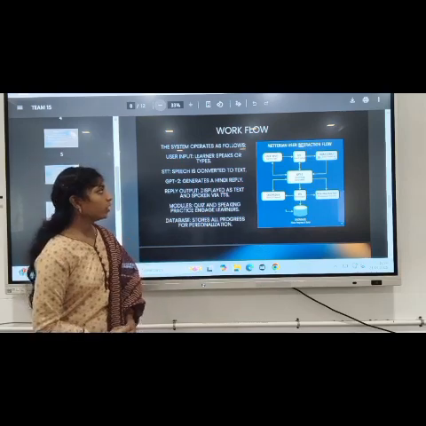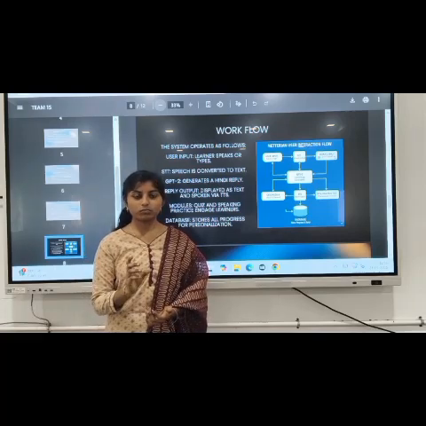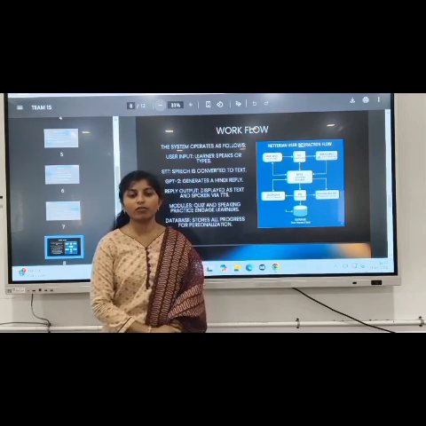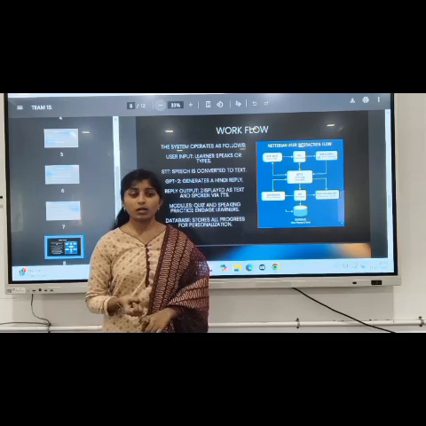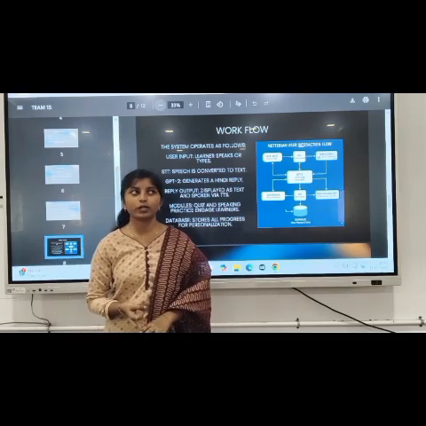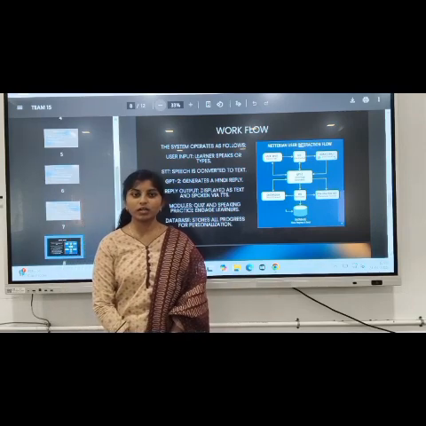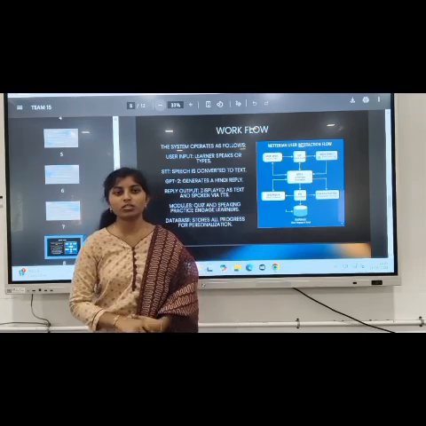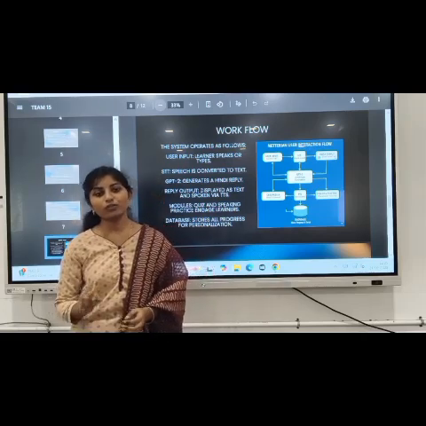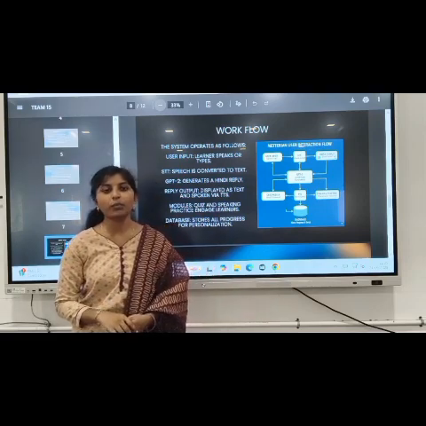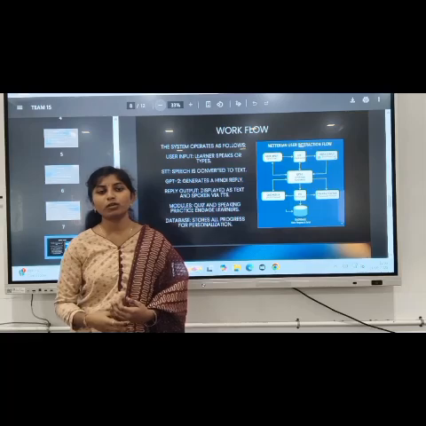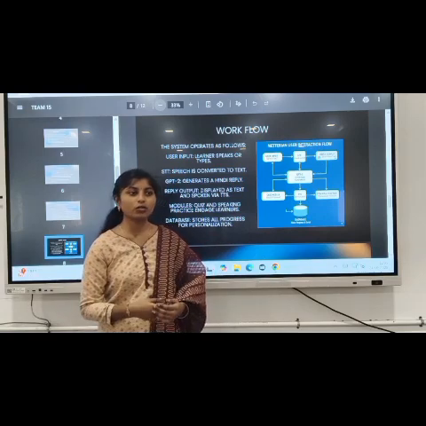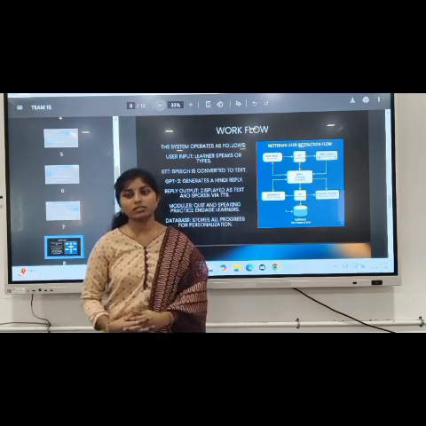First of all, we need to give user input to the ChatGPT chatbot we have created. There are two types of user input: text to speech and speech to text. So there are two options to give input to the chatbot. If the user gives one of these types, the chatbot takes the input and then converts it into Hindi, so it translates the language.